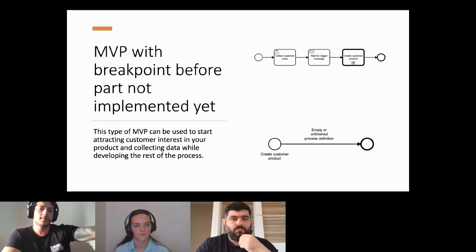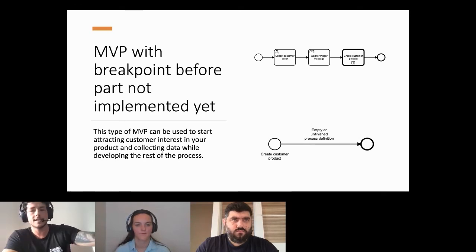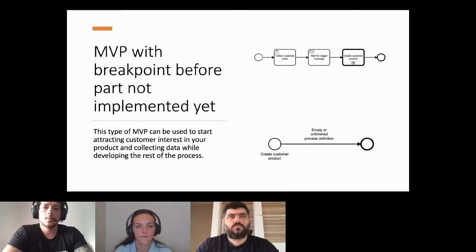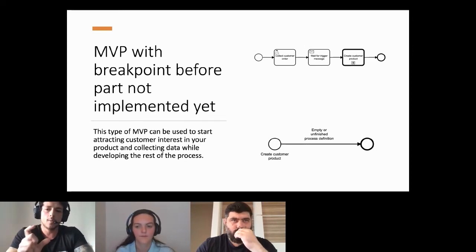But as I said before, I talked about time to market. We need to be the first one to impact our customer. So maybe we don't wait to finish our product, to have those RESTful APIs done, to have this product fully finished. We just do the first part of collecting customer data, collecting customer interest, and then we make a waiting point.